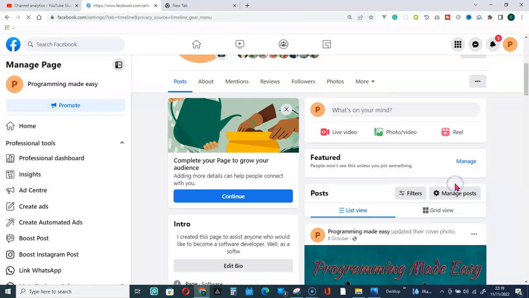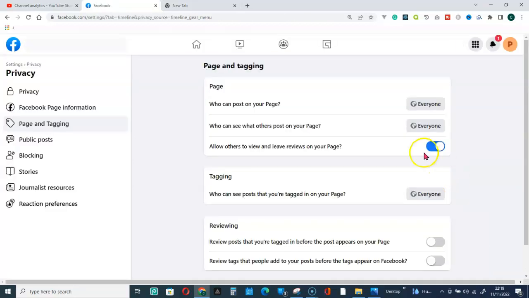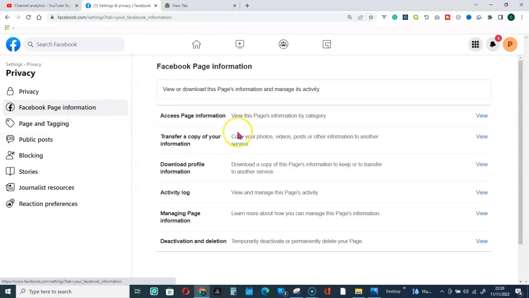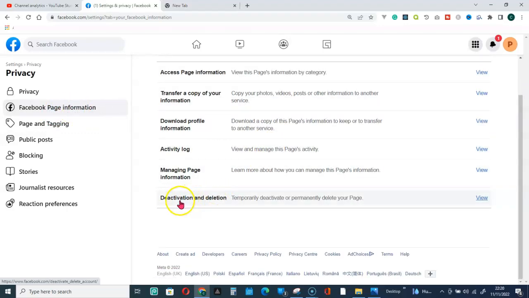Click on that, and that will take you here. So once you're here, go for Facebook page information, and then scroll down to deactivation and deletion. So go click on the view,